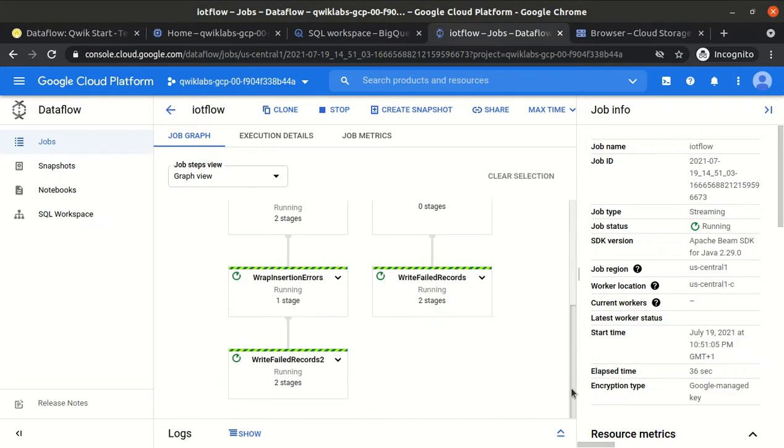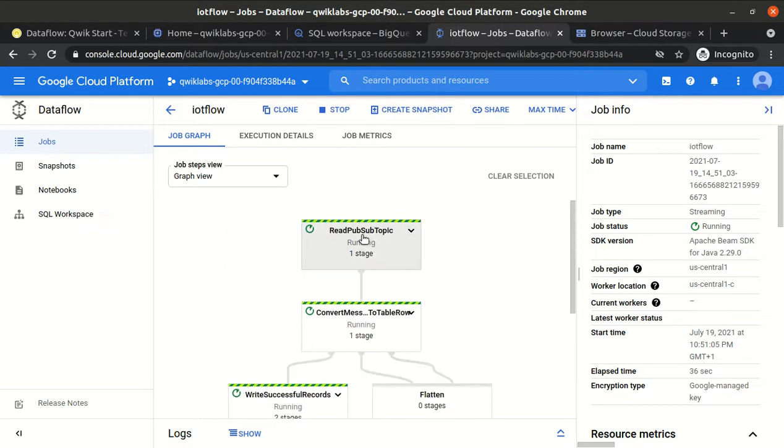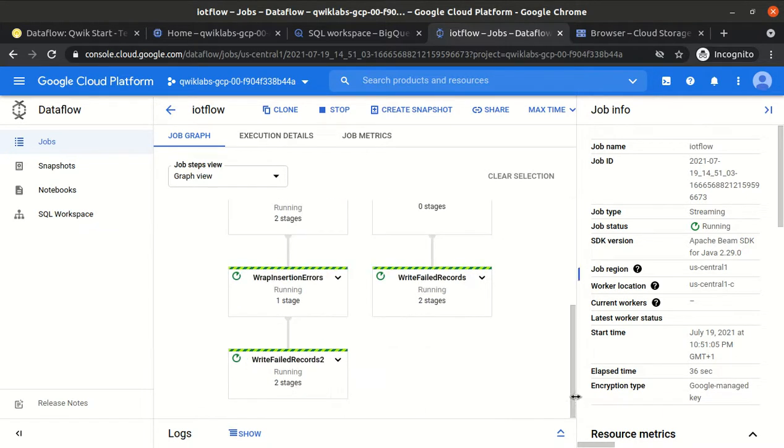Whatever jobs exist in the template, the template is basically for PubSub to BigQuery, so it will write the records to BigQuery.